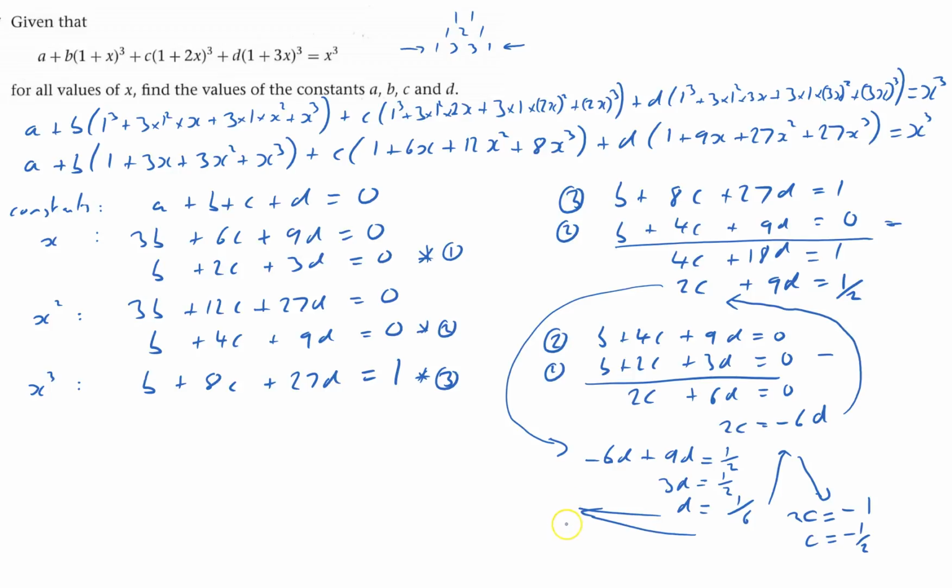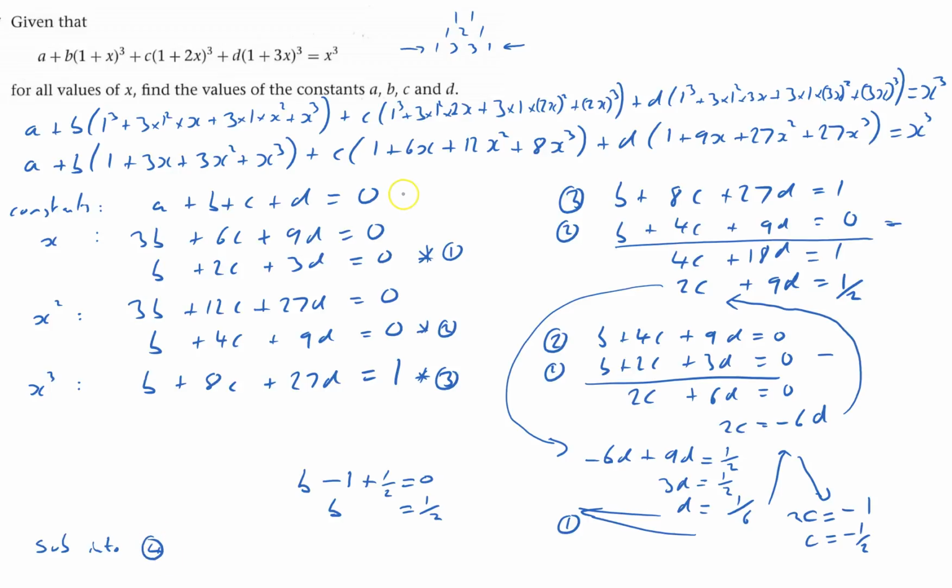Then take both of those and substitute them into equation 1, which is b plus 2c, so plus or minus 1, and then plus 3d's, and 3d's are 3/6, which is a half. That equals 0. So b minus a half, therefore b must equal a half, and then I'm going to sub into